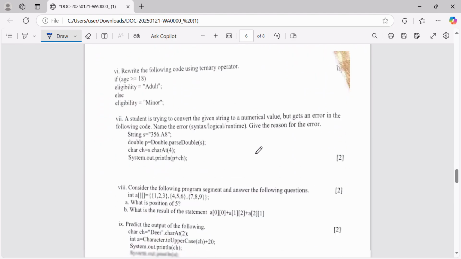Then I will go to the next. So in the next question they have given: rewrite the following code using the ternary operator. Okay, they are talking about the ternary operator. So ternary operator means there are three operands that will come into the picture. So eligibility is common here, that is string type they have given. Okay, so how to write this? So eligibility they are storing. So eligibility is a type of what, string type, that is